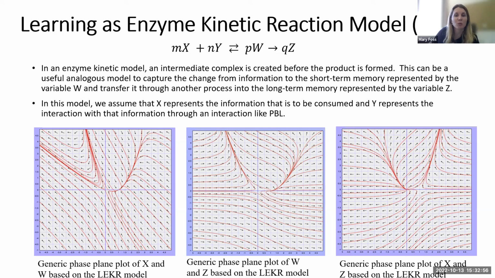The other weakness of this model is that there's no process that describes the decay of long-term memory, and there isn't a process in which the short-term memory is bypassed and the long-term memory is formed initially. Both of those we would want to represent in a really accurate learning model.